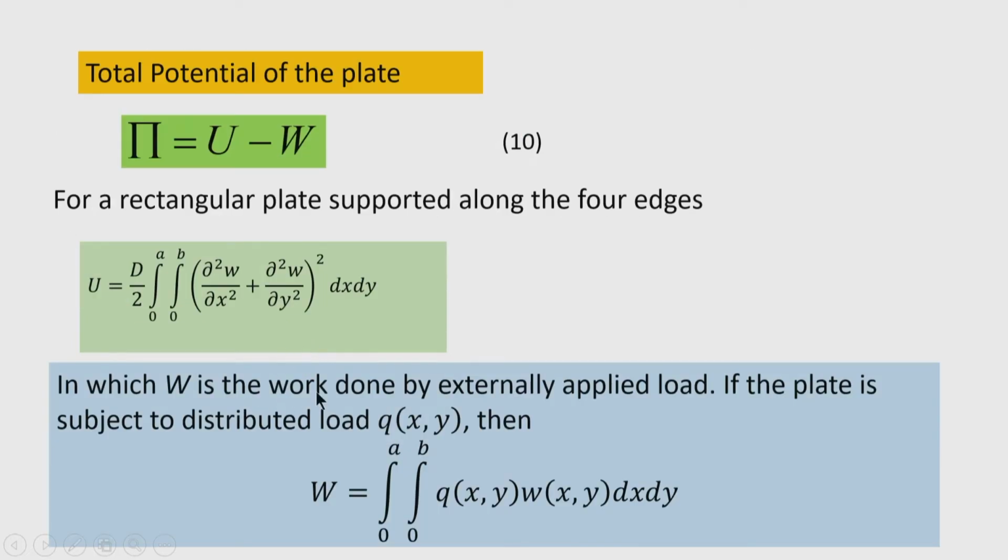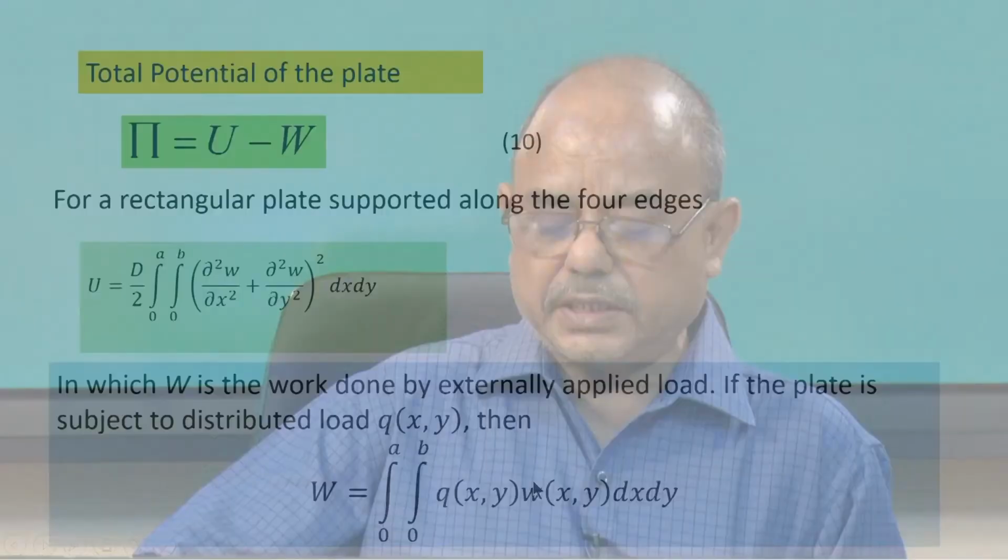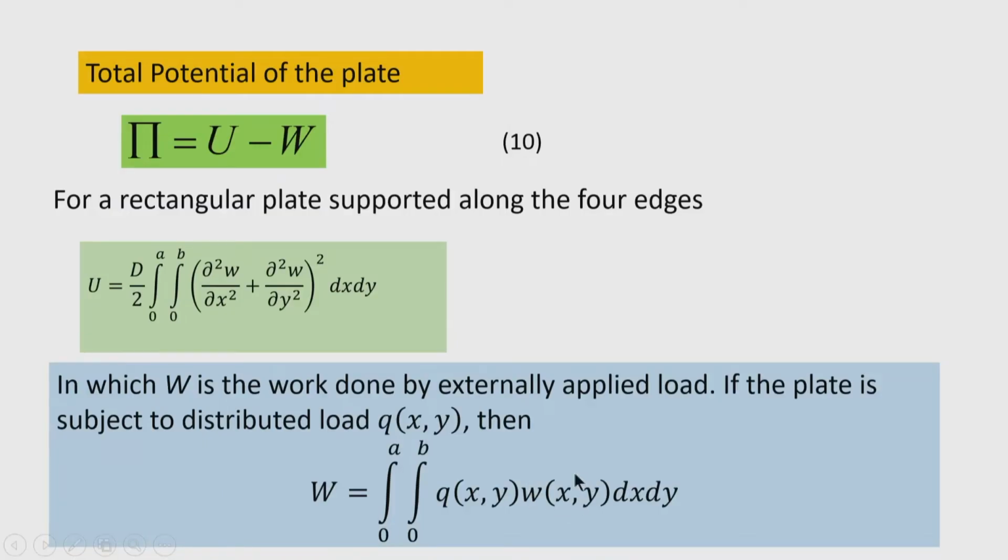The W is the work done by externally applied load. If the plate is subjected to distributed loading, say q(x, y), then W is nothing but the load multiplied by the deformation, and it is integrated over the domain. Now, here we have not used the term half